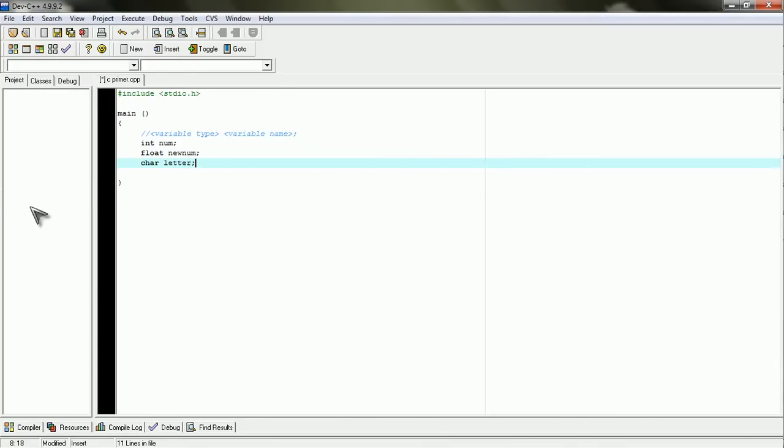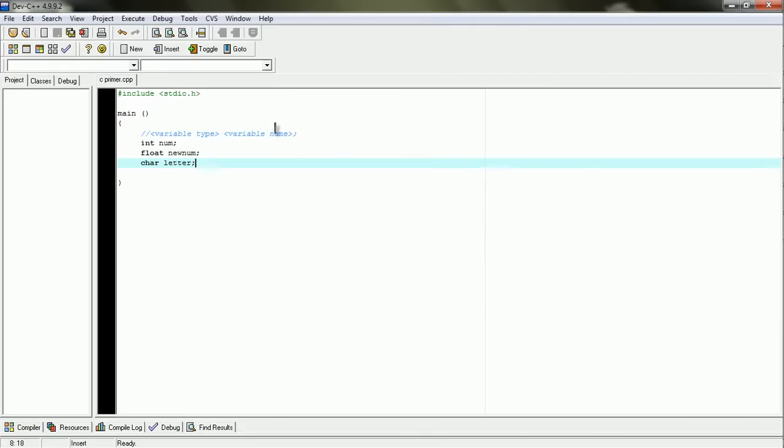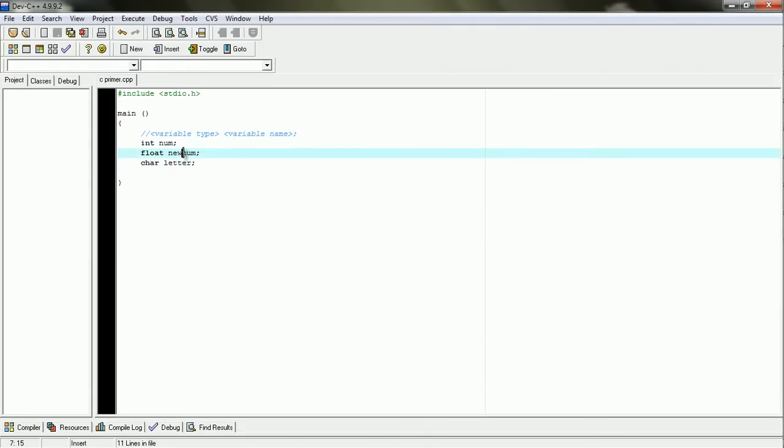When you compile that, this is the button you press. Since there is no error, you know that what you typed is correct. However, always remember that the names of each variable should be unique. If I were to, say, remove new and compile it again,